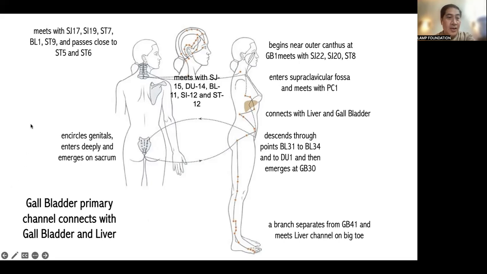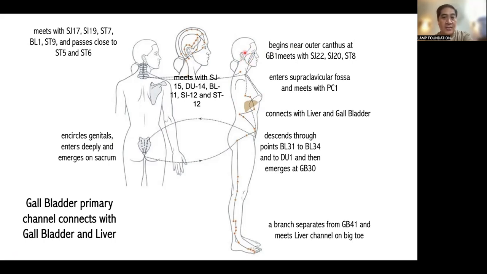Okay, let me use a pointer. So, andito po yon. Outer canthus. Okay, then it traverses the temple to the point Sanjiao 22. And then it will ascend to the corner of the forehead where it intersects with the stomach 8 before it descends behind the ear. From here, it will proceed along the neck in front of the Sanjiao channel, crosses the